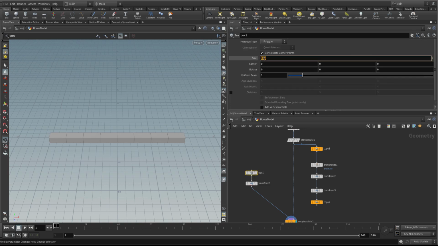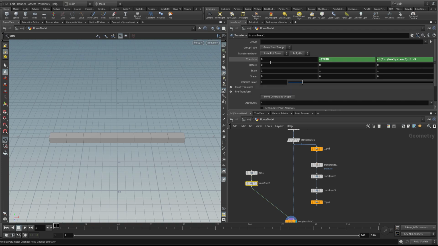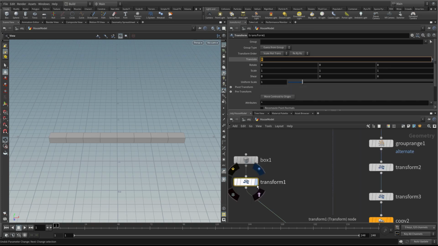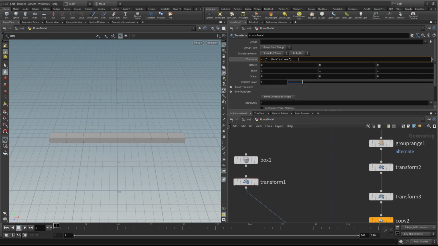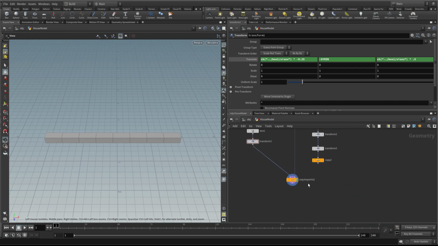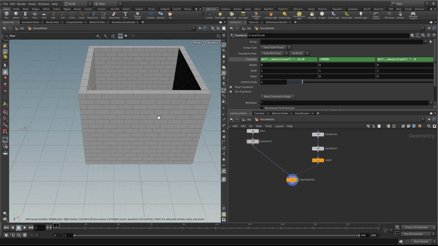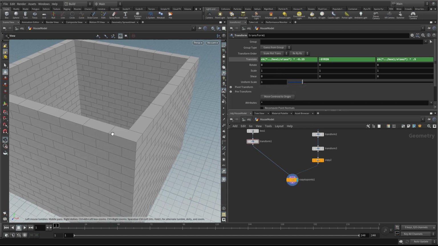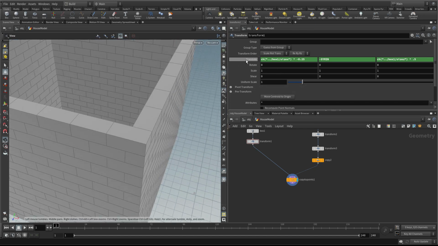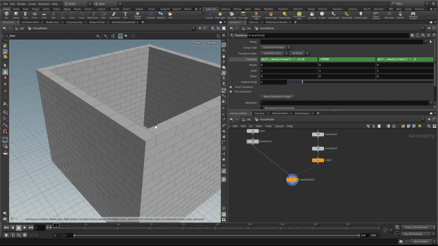So here I'm going to select this X and we'll do copy parameter, and then down here in the transform underneath it we'll select the X parameter, right click, paste relative reference, and then we'll times this by 0.25. Oh, we want that to be minus 0.25. There we go. Let's plug everything else back in, and you'll see that's offset it by the correct amount by 0.125, or a quarter of the brick size there, and that gets the corners to match